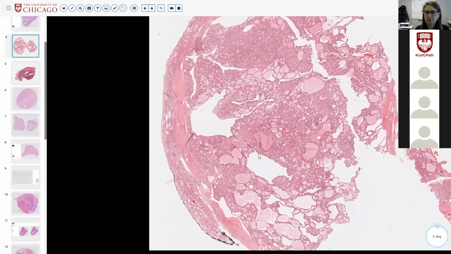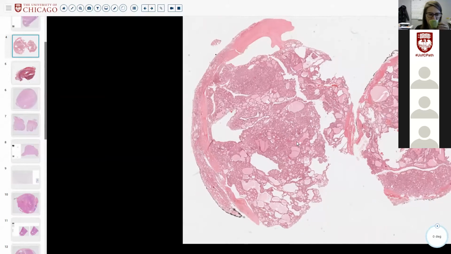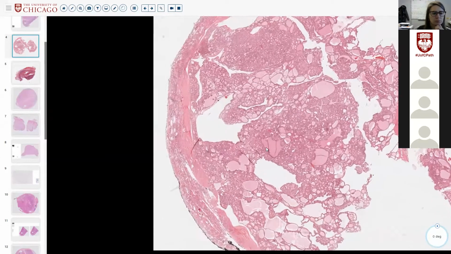Do you see a lesion? I'll take a crack at this one. So we've got, let's see here, a resection. It looks like there's some sort of capsule around. We've got macro and microfollicular nodule